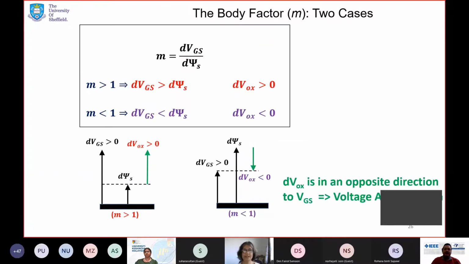So there are two cases here. Here the numerator is greater than the denominator, dVox is greater than 0, m greater than 1. But to get m less than 1, the numerator must be less than the denominator and dVox must be less than 0. That means